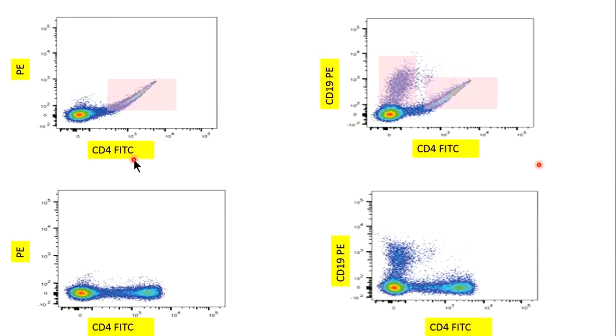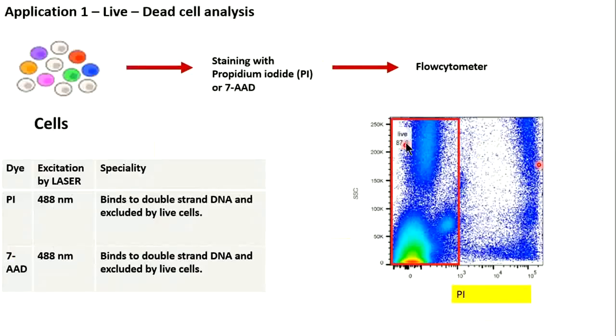Now we move to the second application. That is, we can analyze live and dead cells. Very good, amazing. So how can we do it? We can take a single cell suspension, and we can incubate them with a dye called propidium iodide, PI, which generally gives red fluorescence. After adding the PI, we put the test tube in the flow cytometer. Then you can get this kind of graph